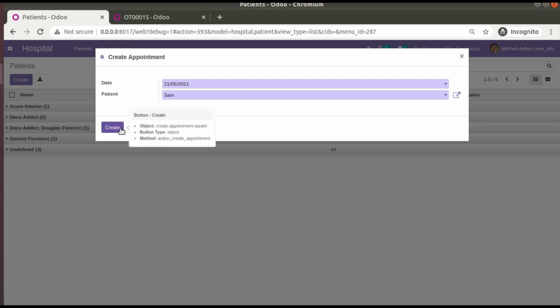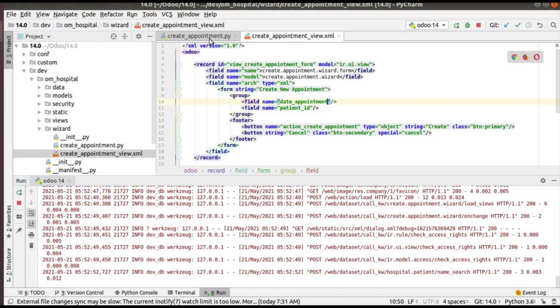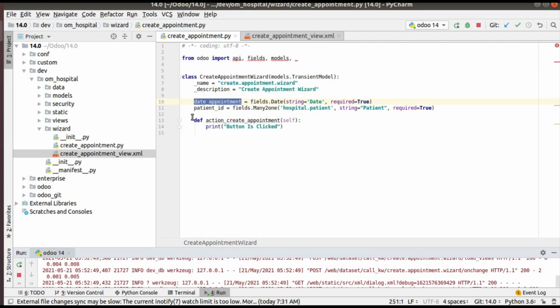The button type is object. As it is a button type object, it will call a Python function, and the name of the function is action_create_appointment. You can see that function here, action_create_appointment. So we have to add the code here.